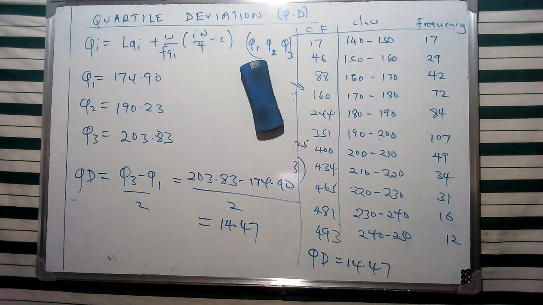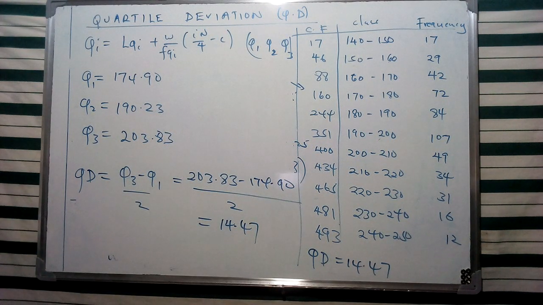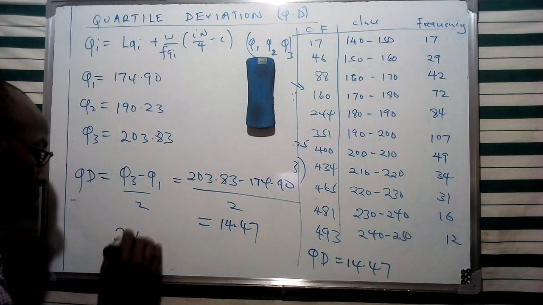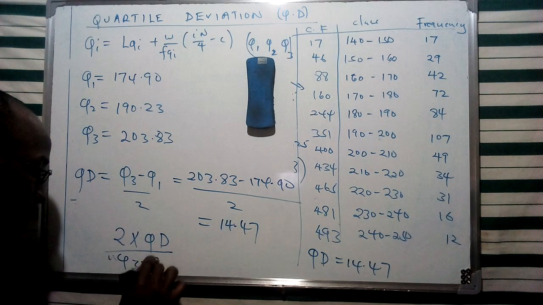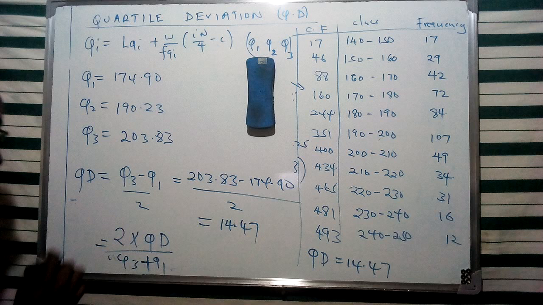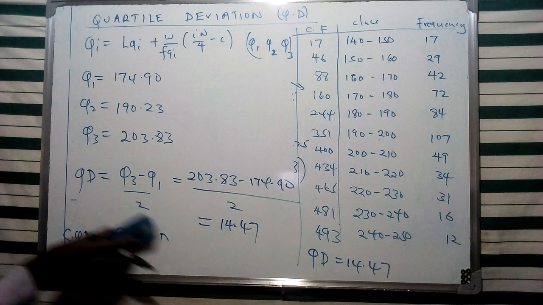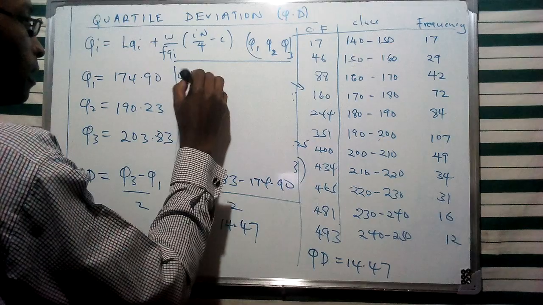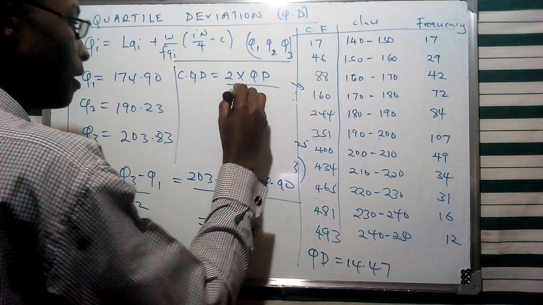So that's my first evaluation, and I can calculate the coefficient of the quartile deviation by finding this specific value. I said that this can be given as 2 times the quartile deviation all over Q3 plus Q1. So this is going to be the coefficient of quartile deviation. Perhaps I can be more elaborate on this, we just have this space. So I'm going to have my coefficient of quartile deviation given as 2 times the quartile deviation all over Q3